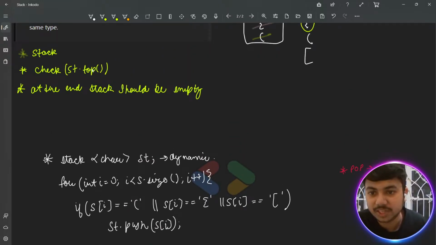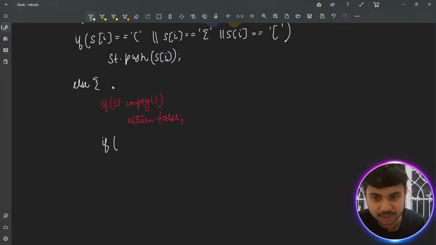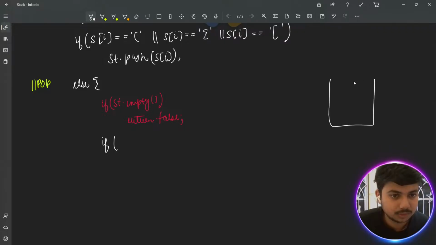What did we say, we need to check st.top, तो हम पॉप कब कर रहे होंगे, ये तो पुश ऑपरेशन है, दिस इज द पॉप ऑपरेशन हियर, तो पॉप कब कर रहे होंगे, जब हमारा स्टैक का टॉप एलिमेंट जो है वो उससे मैच करे ना, मतलब अगर ये वाला ऊपर में जाता है, सॉरी, अगर हम ये क्लोज कर रहे हैं तो हमारे स्टैक में टॉप में ये होना चाहिए, तब तो ये क्लोज कर पाएंगे स्टैक के टॉप में, व्हाट आई एम सेइंग, अगर ये ओपन हुआ है, हमारा नेक्स्ट एलिमेंट ये है, तो हमें चेक करना होगा कि ये हमने ओपन किया है जस्ट, तब तो क्लोज करेंगे,